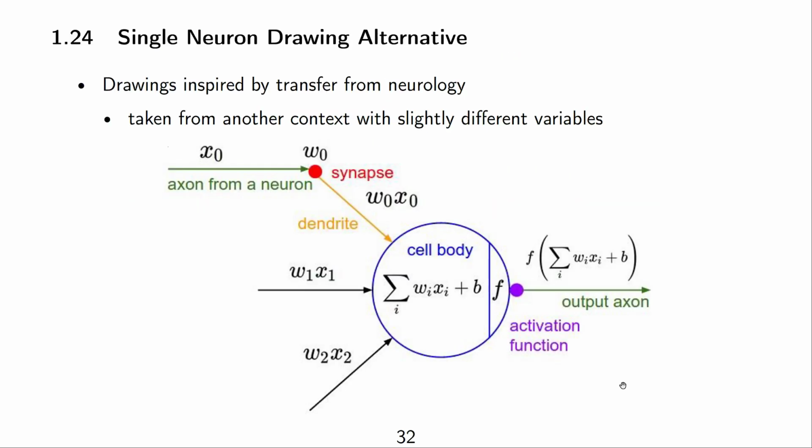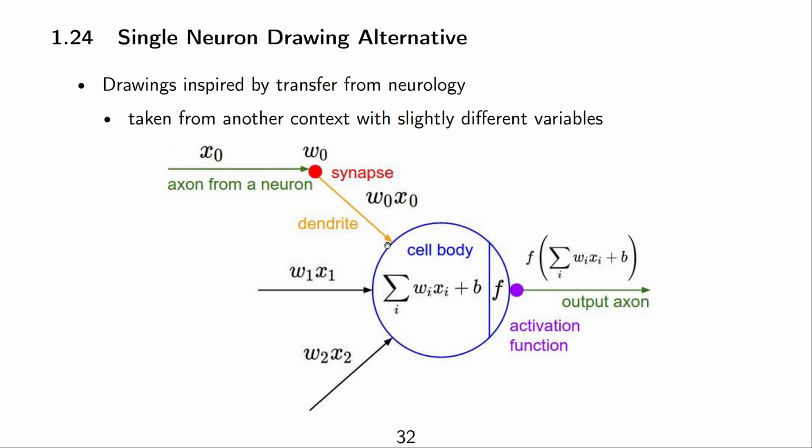Now this is an alternative drawing that highlights the idea that a lot of deep learning was rooted in neurology and trying to model the brain. This is not so much the case anymore, at least not for implementation or a modern introduction. There's still a lot of work related to modeling the brain, understanding the brain, and trying to build networks that behave similarly to the brain. So back in the day, the neurons would be drawn like this to make it look like